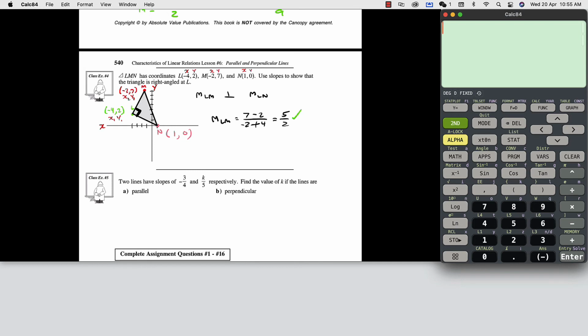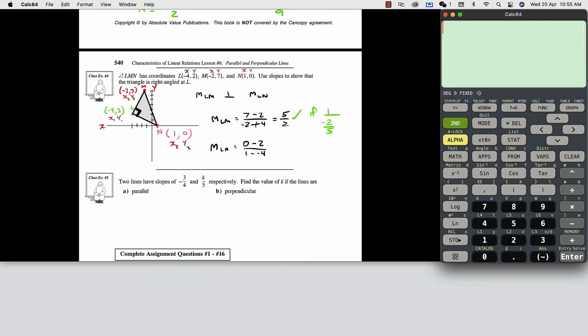So that is finished. So if I think a little bit ahead, if it's going to be perpendicular, that means the new slope would have to be a negative 2 over 5. So let's do that math. The slope of LN is going to, now I'll just have to relabel this one. I've already labeled L as 1s, so I'll label this one as 2s, and it's going to be y2 minus y1 over x2 minus